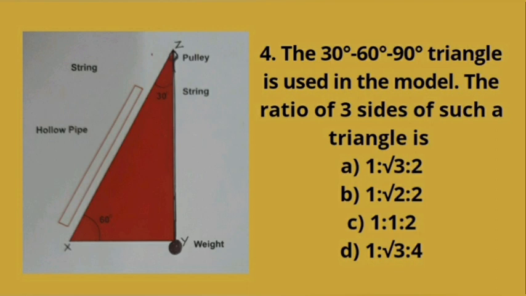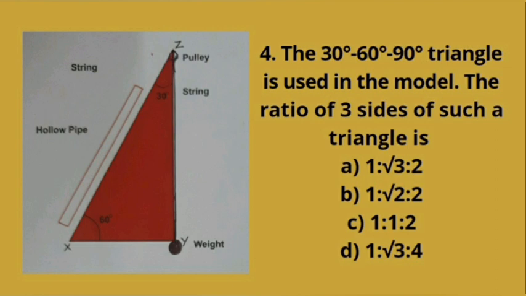Next, a 30 degree, 60 degree, 90 degree triangle is used in the model, and the ratio of the three sides of such a triangle is. So you can directly think about the ratio also. Otherwise, you can assume one of the sides of the right triangle with a variable, and then using trigonometry you can find the other two sides,